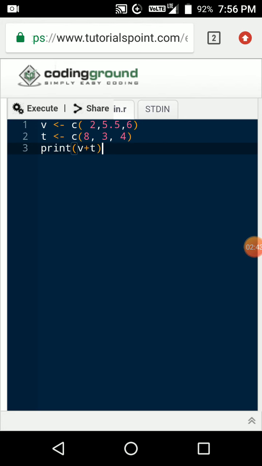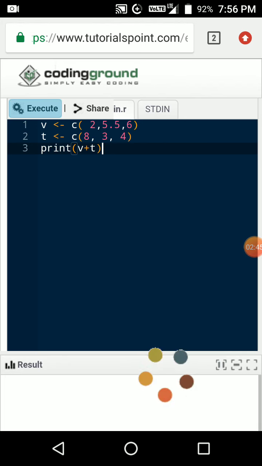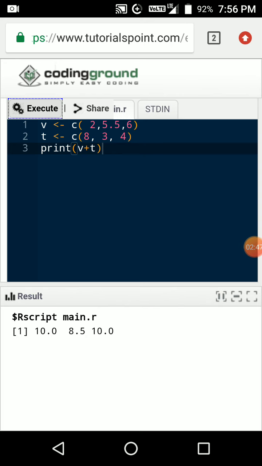Okay, I want to go for execution. While clicking the execution, it is executed, and see the down box. See the result in the down box.